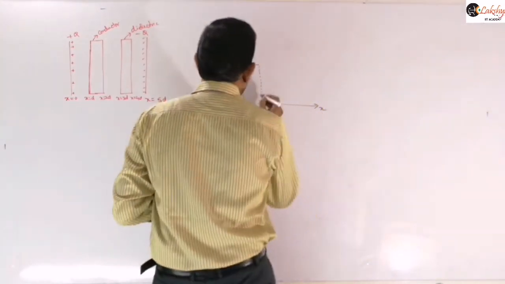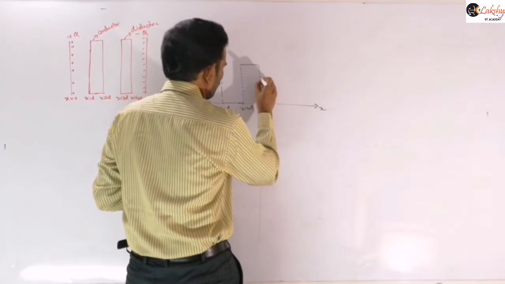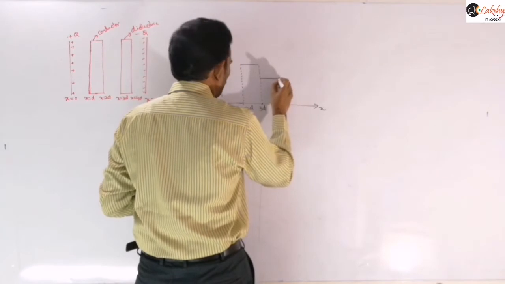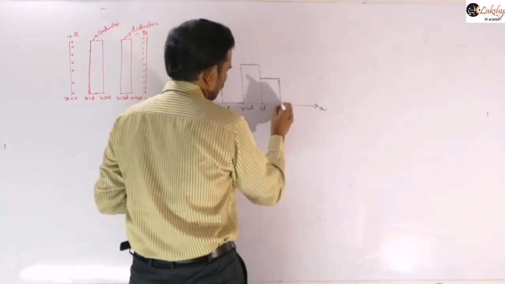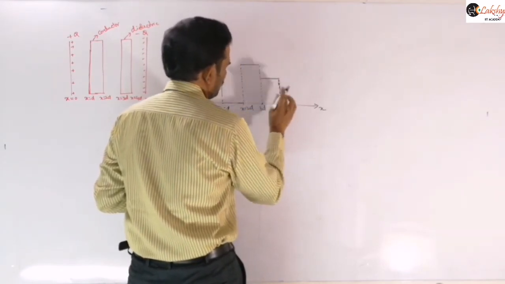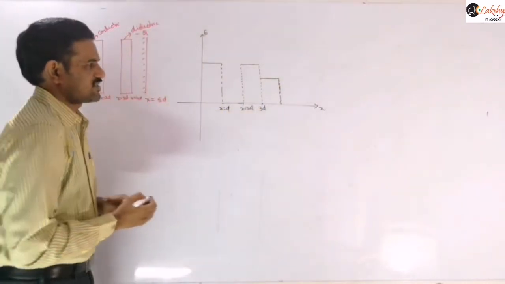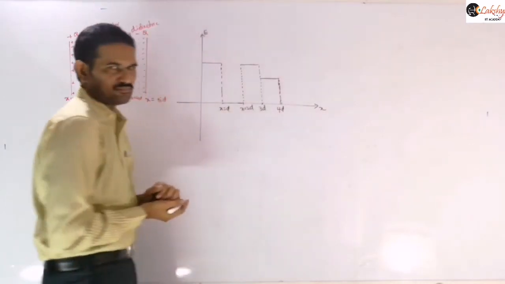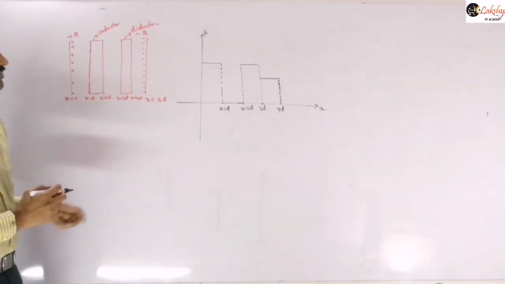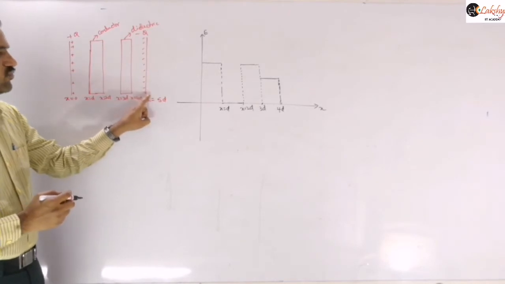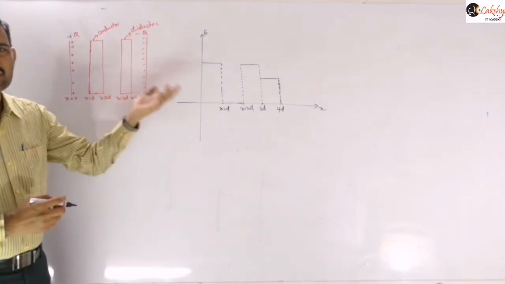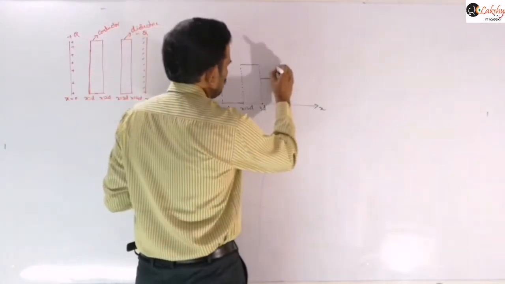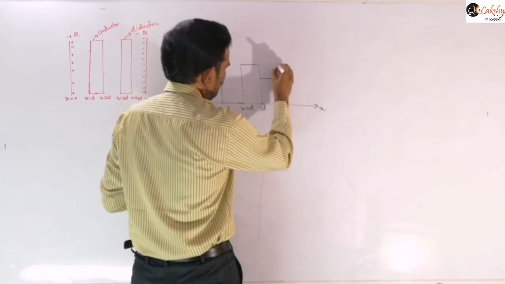So the electric field in the region from 3d to 4d will be less than the electric field in air medium. So you need to represent it like this, from x equals 3d to x equals 4d, inside this dielectric medium. Next again from 4d to 5d we are in air medium. So in air medium its value again remains constant, so for this period again the value will be a constant value.